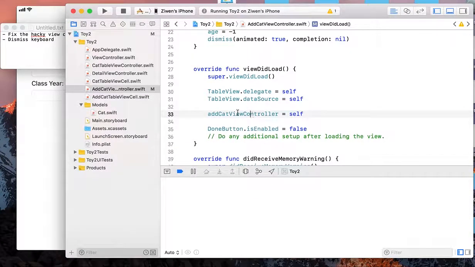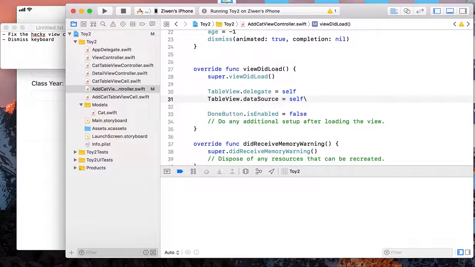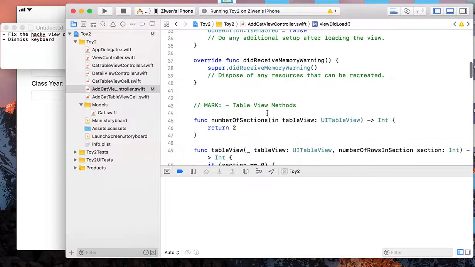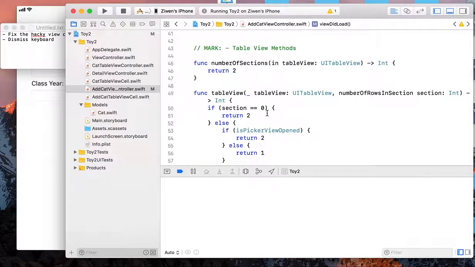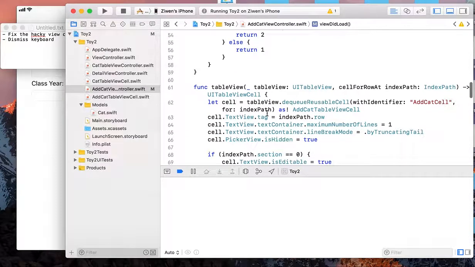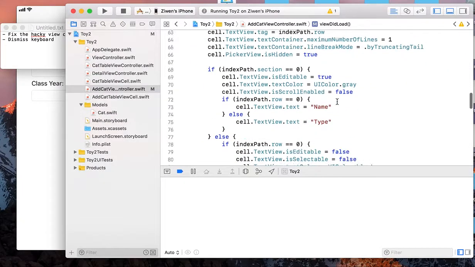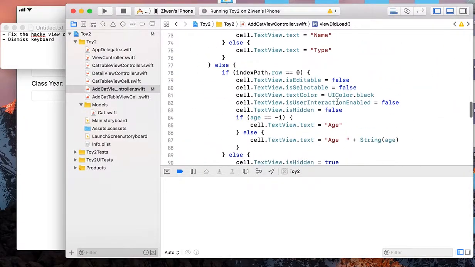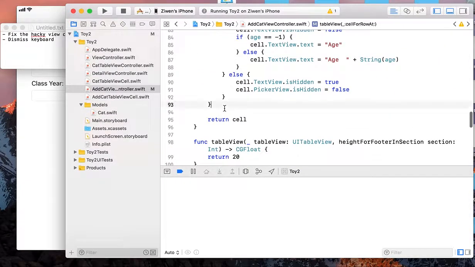Yeah, here. So instead of doing this here, we're gonna directly assign ourselves to the cell when we were creating it. So let's go to cell for row add method, and right before we return the cell,